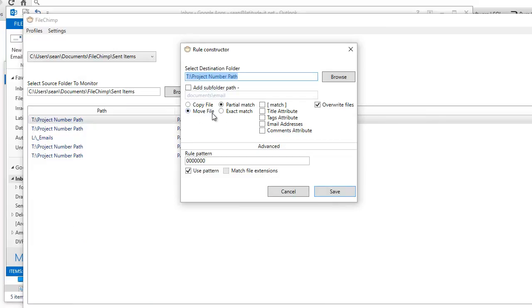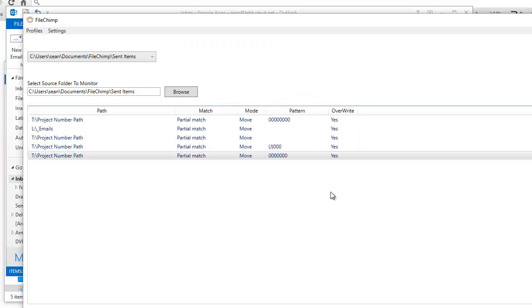So just checking, we're going to move the file, we're going to do a partial match, so where the pattern that's matched could be part of the eventual folder name. I'm going to overwrite files in the event that multiple people are filing into the same folder. And here I've got set a pattern match of 7 digits. So I put a 0 for every number that I want to match, and that means that I want a 7-digit number matched. So if I save and run that,